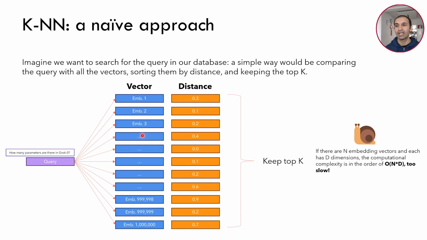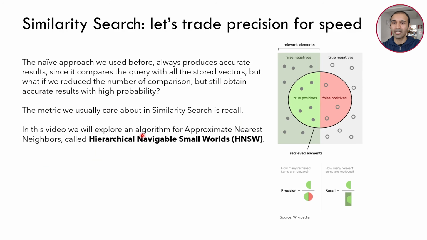In this case, the query returned only 2 of the best matching vectors, so we will say that the recall is 66% or 2/3. So basically the recall measures how many relevant items are retrieved among all the relevant items that it should have retrieved from our search. And we will see one algorithm in particular for approximate nearest neighbors, which is called Hierarchical